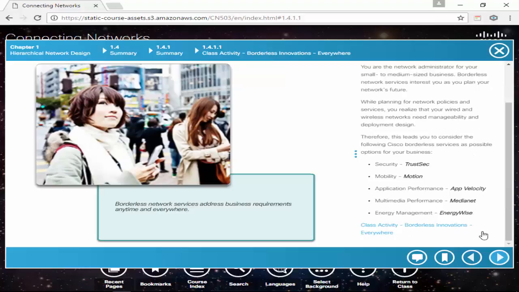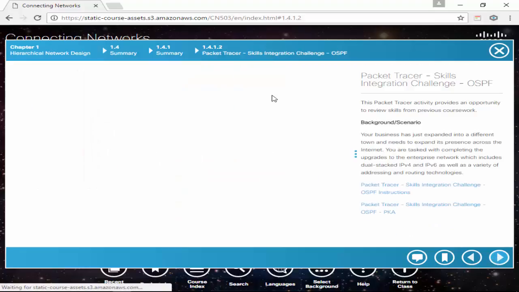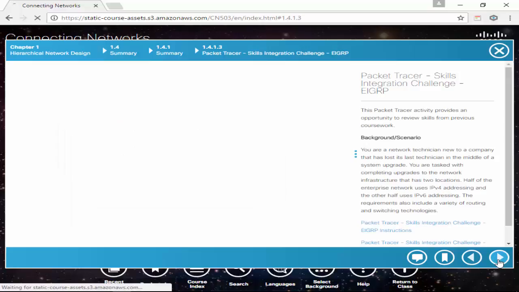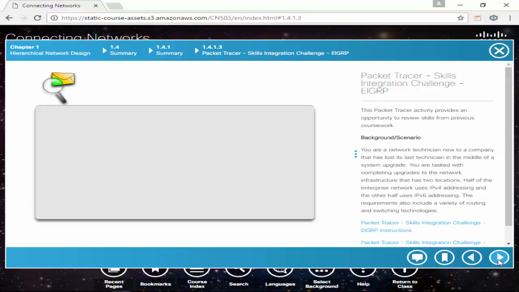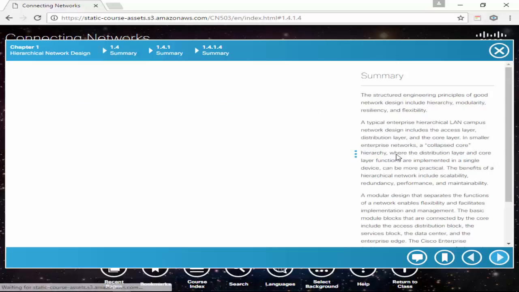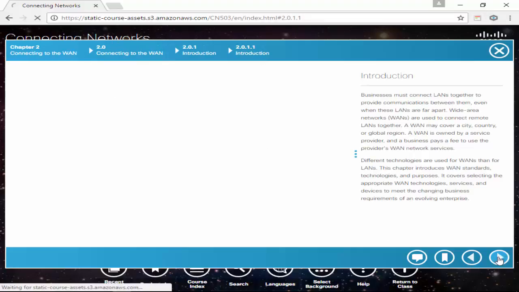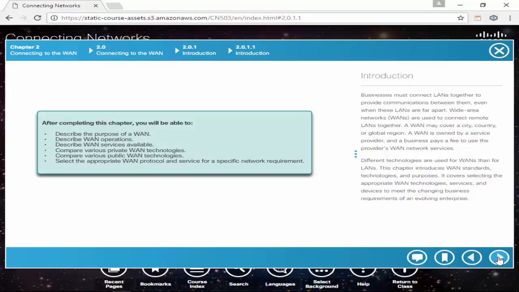You might want to do these activities just as you are. I know they have some weird stuff on the test. Oh, look at this. OSPF Skills Challenge. Probably should do this just to refresh your knowledge on OSPF. And why don't you hit the EIGRP while we go? Okay, it's saying, hey, that stuff's not going away. Even though we're not studying it, we're going on WAN level stuff, but you're still going to need to know it. Alright, so that was chapter 1. I hope you enjoyed it. If you have any questions,